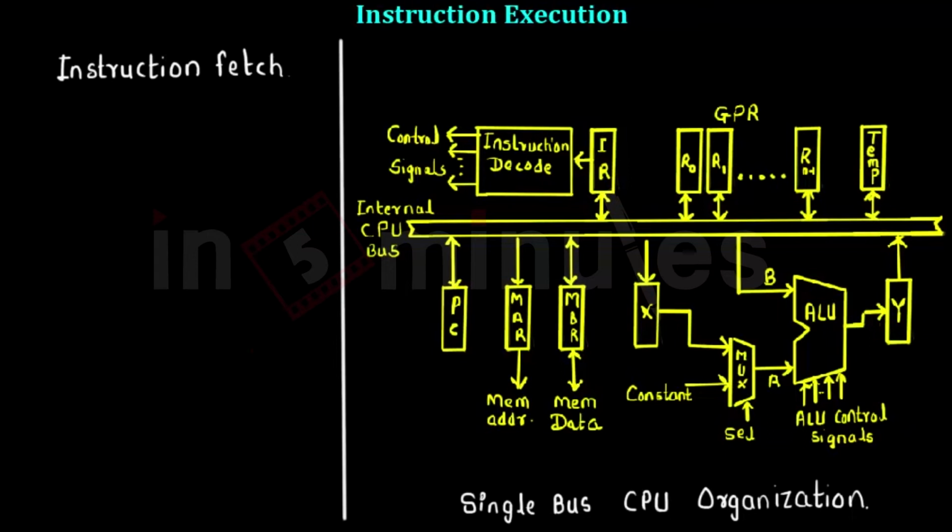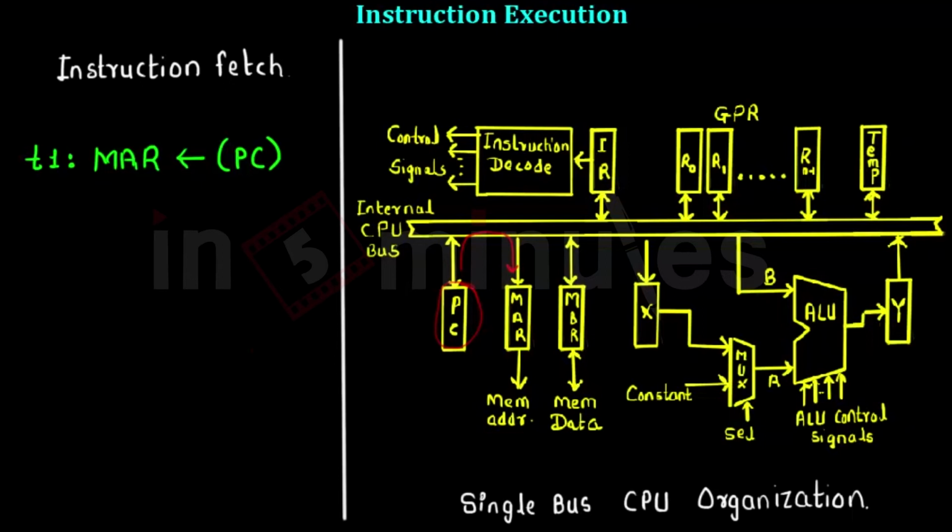Each step in the instruction execution is divided into different time cycles. These time cycles decide which operation is performed, and during each time cycle, the control signals decide which operation is performed. So for instruction fetch, in the first time cycle, that is the first T state, the contents of the program counter are loaded into the memory address register, that is MAR. The program counter contains the next instruction address, which is loaded into the MAR for fetching the instruction from the instruction memory.